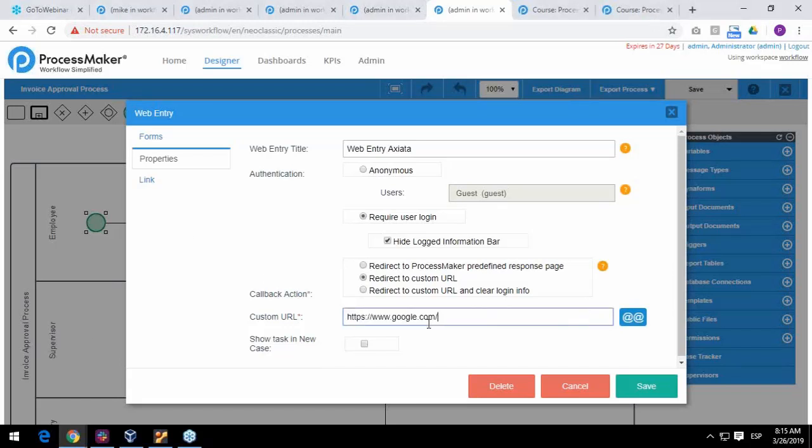The callback action, this one, allows me that once finished our ProcessMaker procedure, it's going to return to a website that I'm showing here. This button makes it possible to open the case through the web entry and also through the ProcessMaker server. I'm not going to use this. I'm showing you these properties. This one is a very interesting property. I'm going to save it,